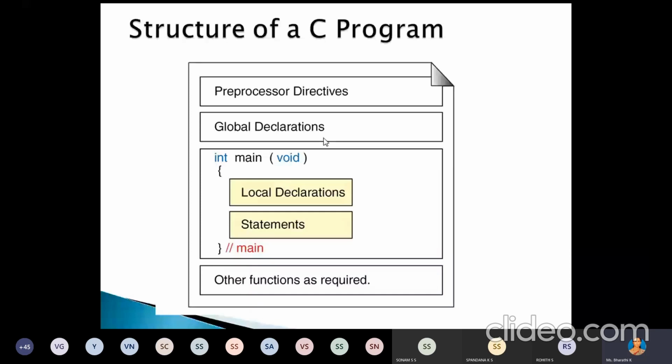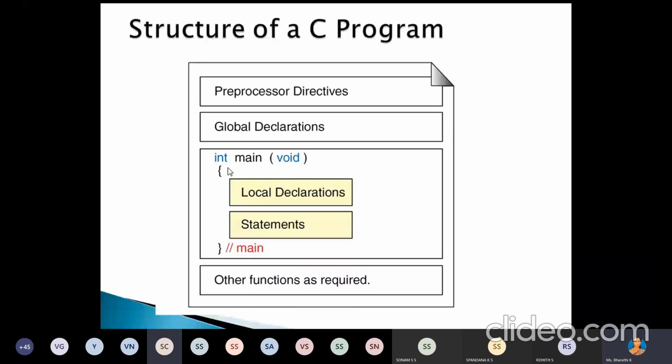The main part of this C program is the main function. Execution always starts from the main function. Here in main we have the syntax int main, then a flower bracket, and inside it we have void. What is the meaning of int main? It returns an integer value. We are considering main as one function, and that function has a return type. Here the main function is returning the integer value.